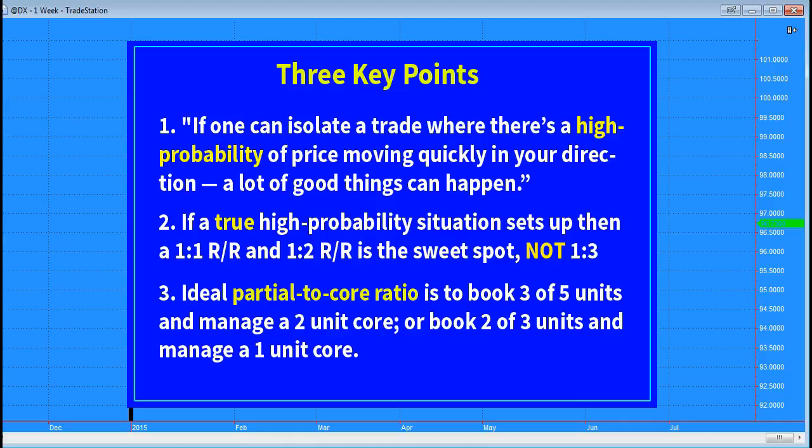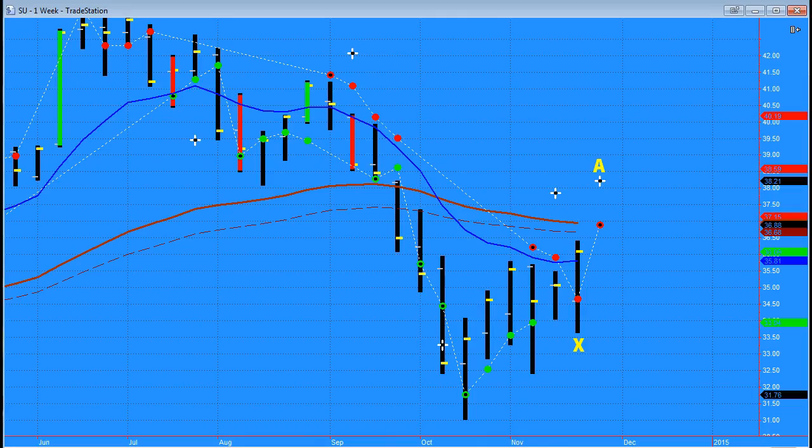For those who are unable to run Decimal software, as an option you can subscribe to Decimal Select, which is a weekly report featuring potential Alpha 1 and Alpha 2 trade setups, which you can incorporate into your existing trading operation. You are now looking at a weekly SU price action for Suncor Energy, an oil stock.